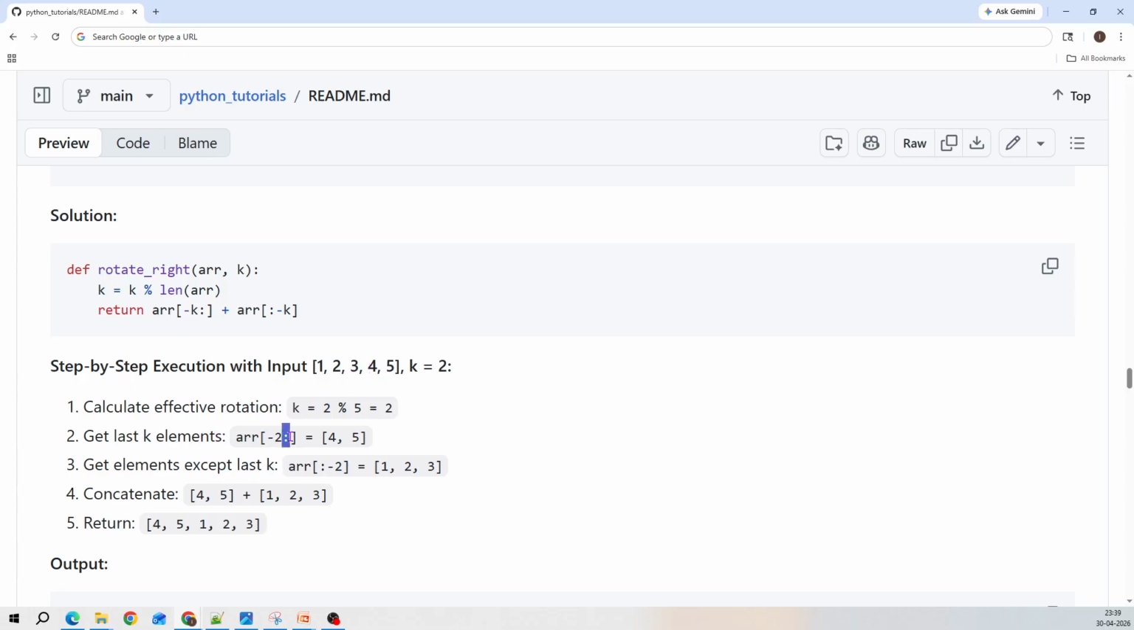Minus 2 colon means what? The last two elements. Okay, what is that? 4 comma 5. Get the elements except last k. So last k means colon minus 2. When colon minus 2, it will skip these values, so it will be 1 2